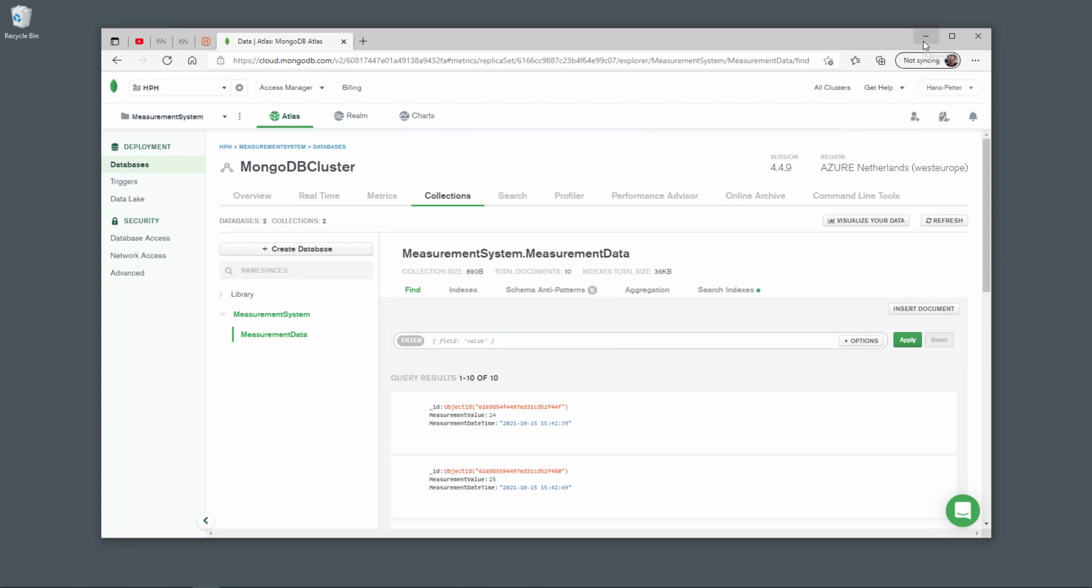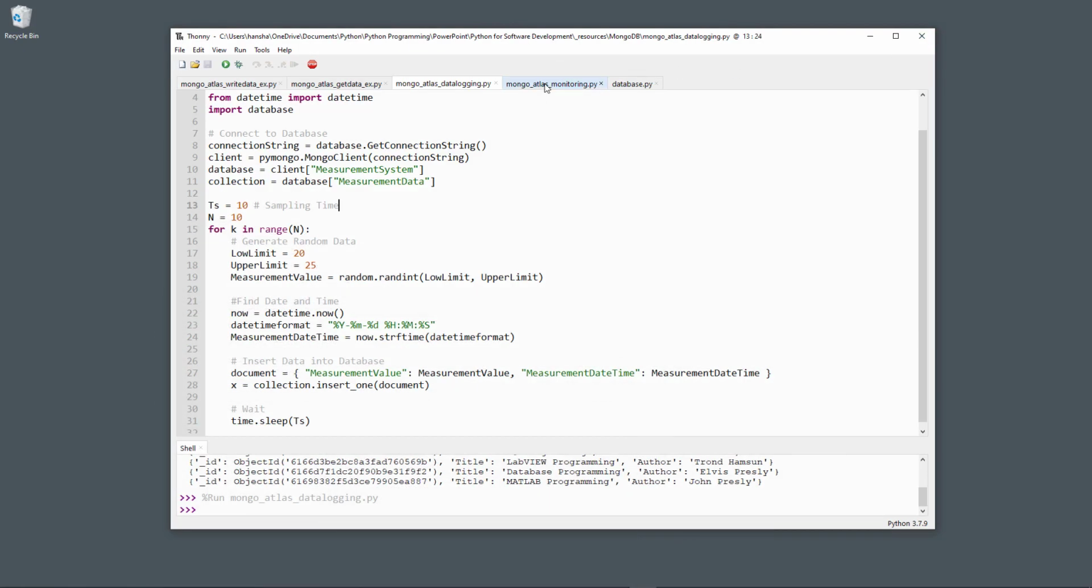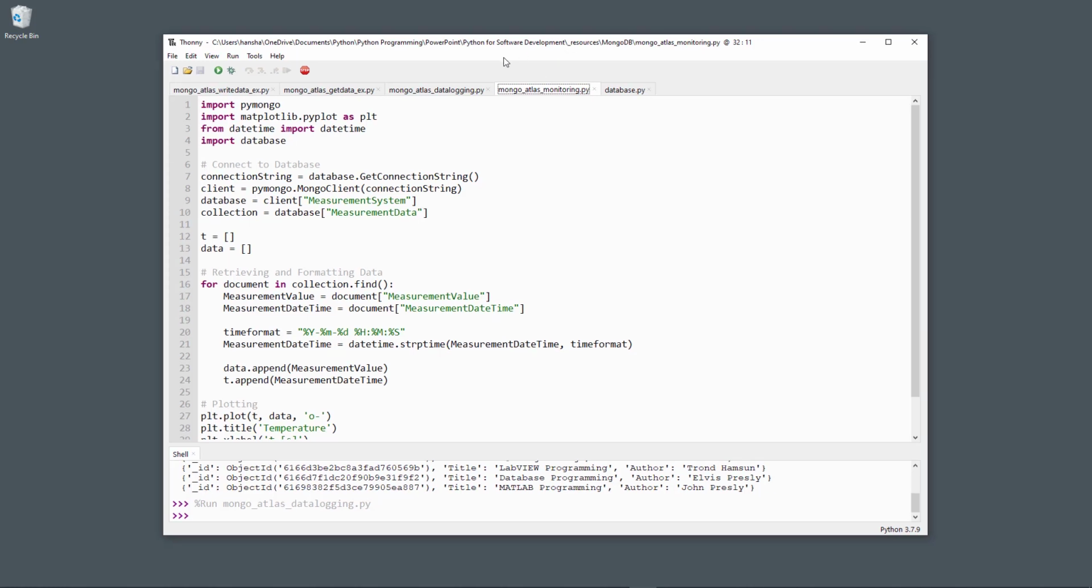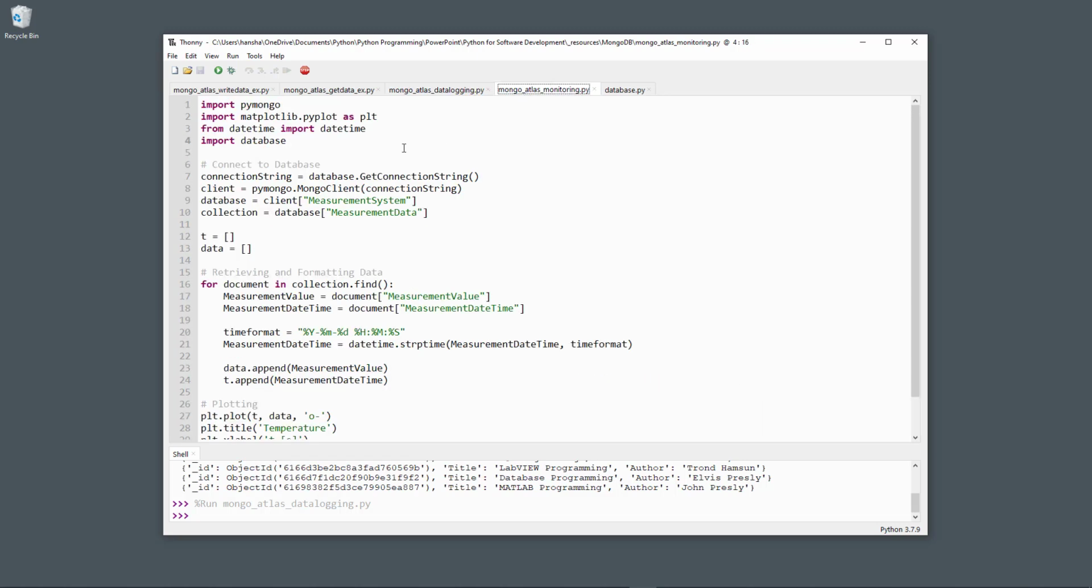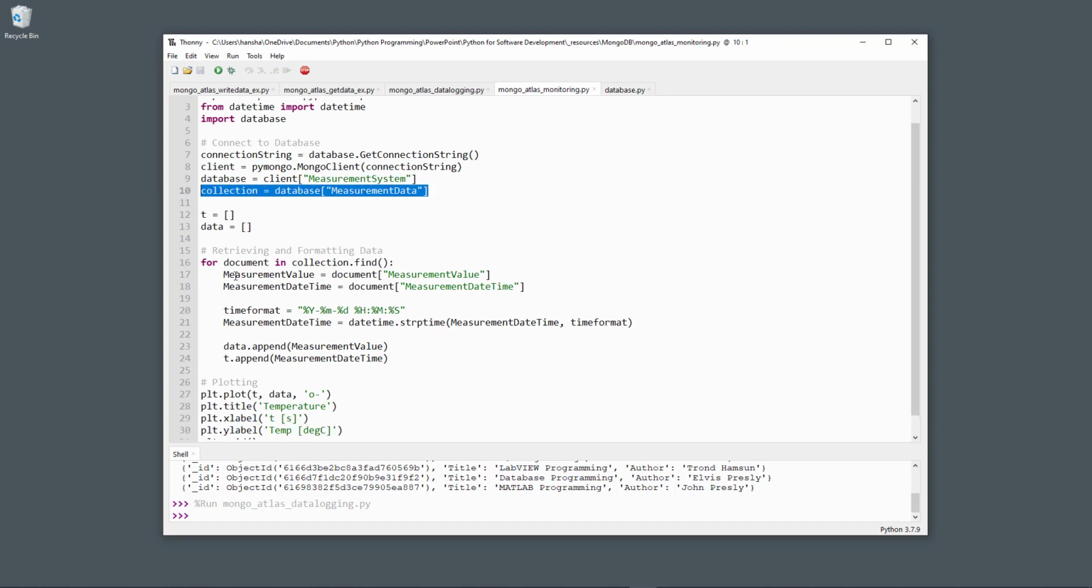So the next step now is to create another Python application that actually retrieves this data and plots it. So then we go back to my Python environment, and now I created a new Python script called Mongo_Atlas_monitoring. So it's basically the opposite of this previous application. So here I find the connection string and connect to the database. I specify the database and the collection, and then I have a for loop here